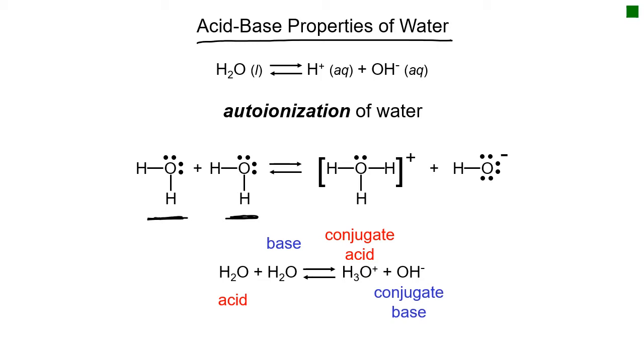If this water is a base, it's a proton acceptor, and one of the protons from the water can come over and stick to it. When it does that, it's going to leave us with hydronium and hydroxide. And with one water as an acid and one as a base, it's going to make the conjugate acid and the conjugate base of water. It's going to do this by itself, auto-ionization, breaking apart and ionizing such that H2O reacts with H2O to make hydronium and hydroxide. This is at equilibrium,